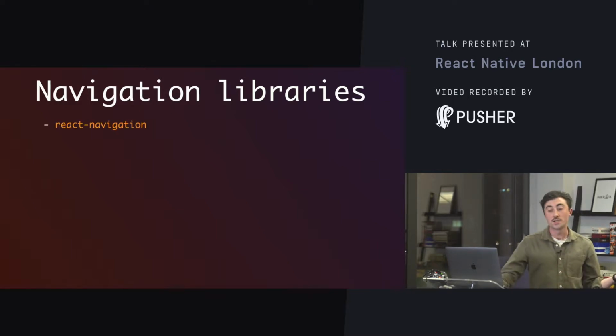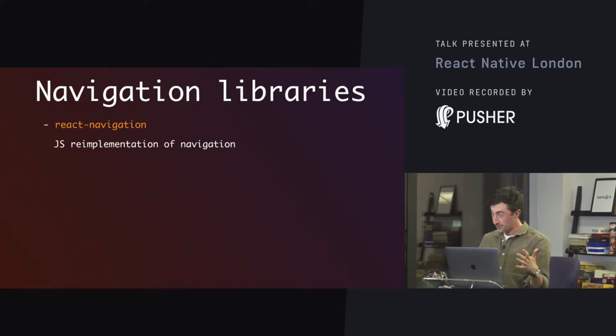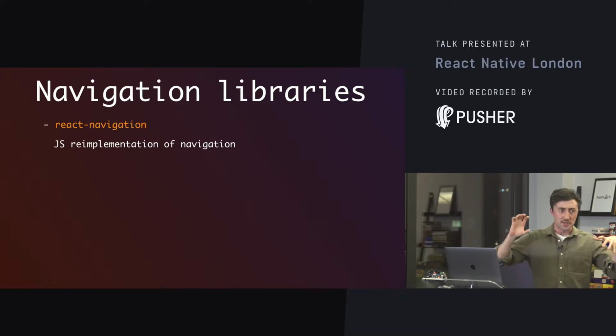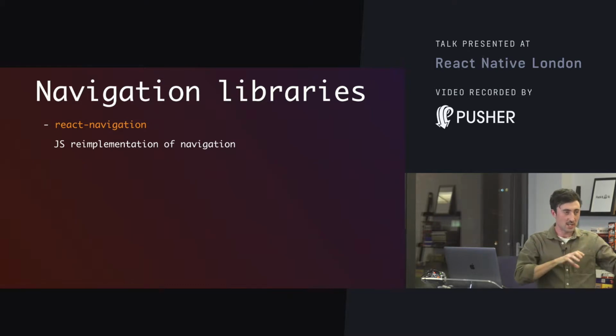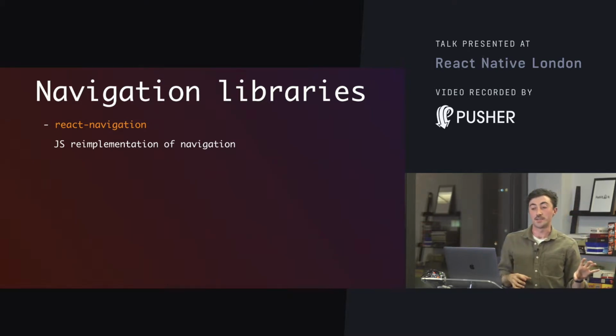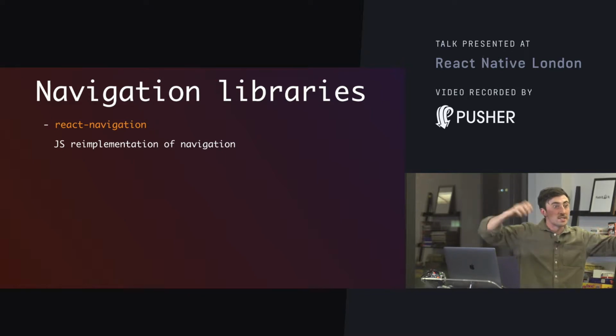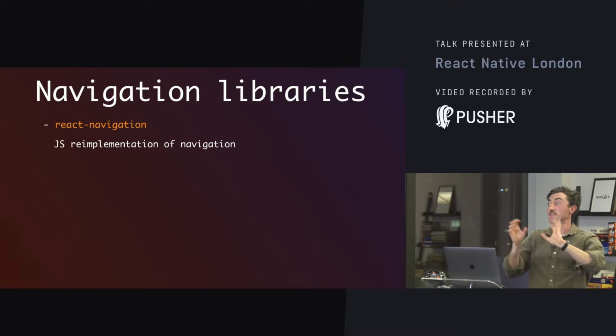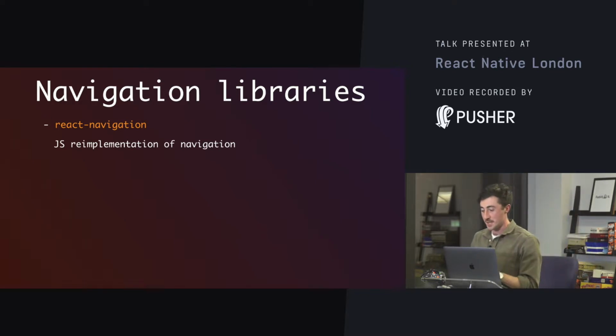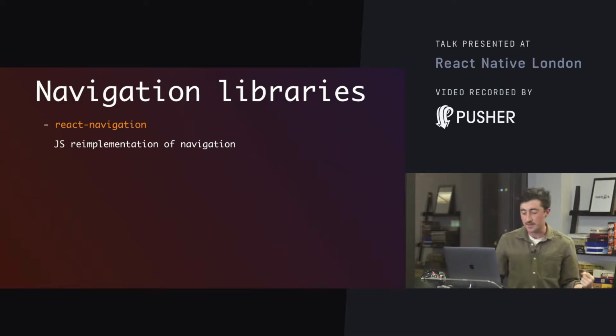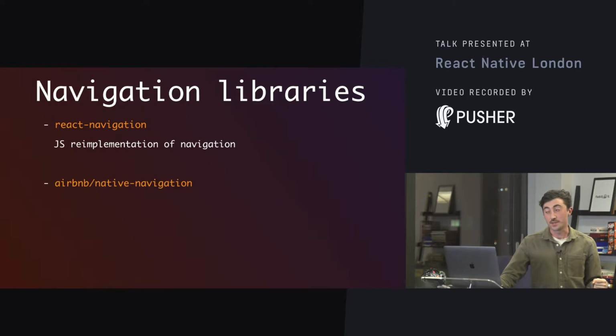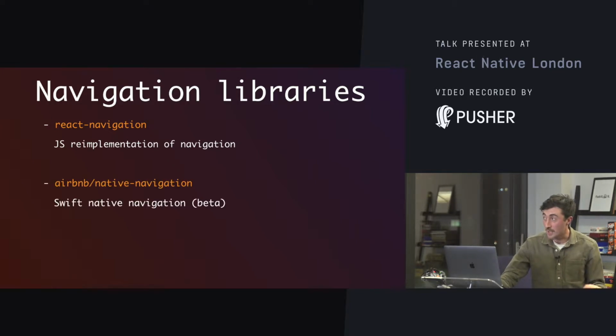So we can't use React Navigation, which is the default JavaScript re-implementation of navigation in React Native apps, because they haven't done the JavaScript re-implementation of tvOS tab bars and tvOS search bars and all of this tvOS stuff. So we need to use something that wraps the native class itself, UITabBar, rather than re-implementing everything in JavaScript. So there's Airbnb's one, native navigation,